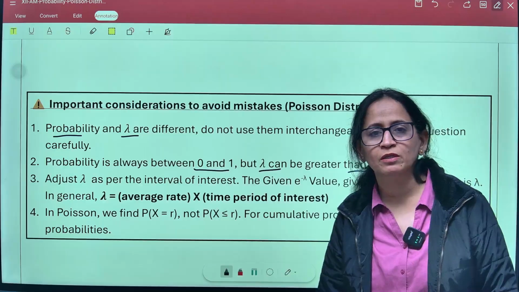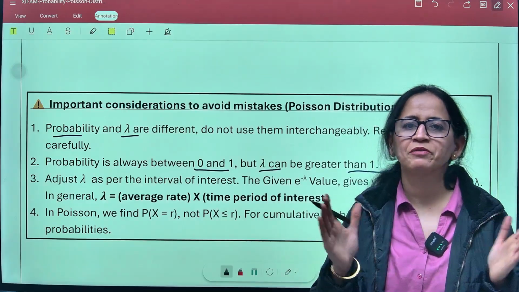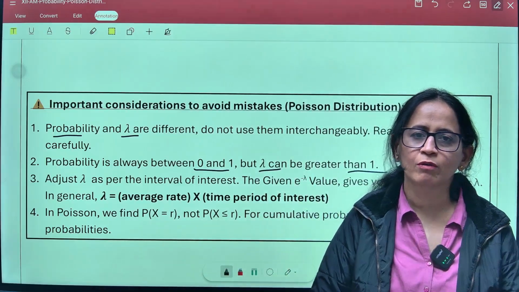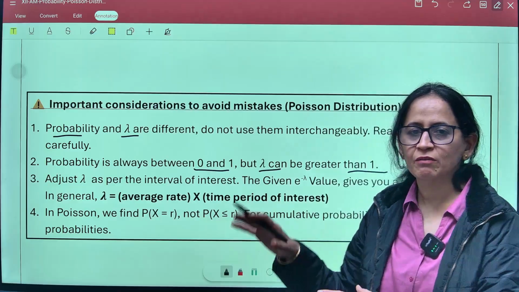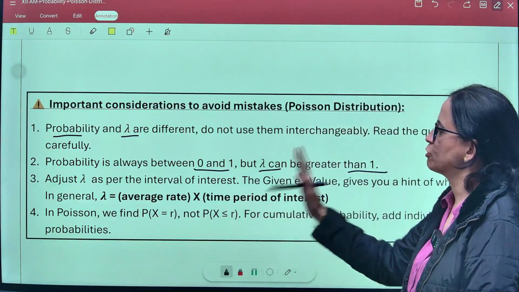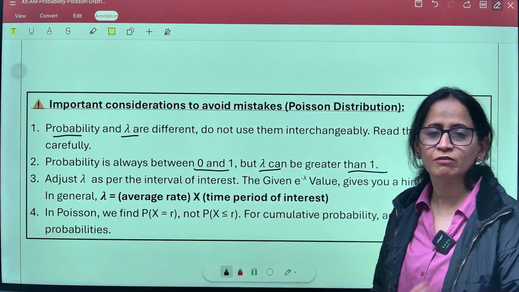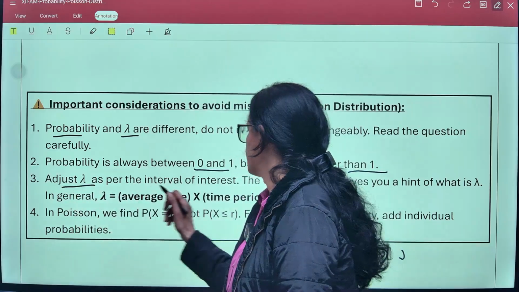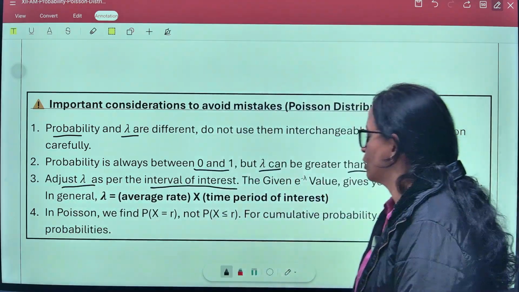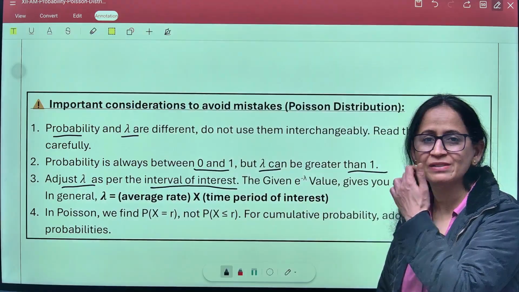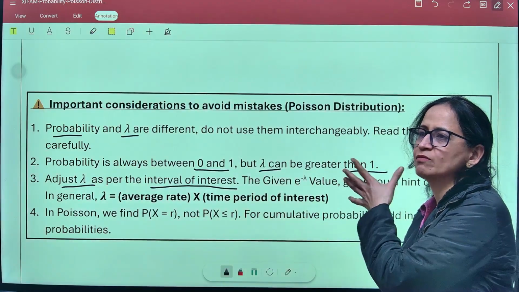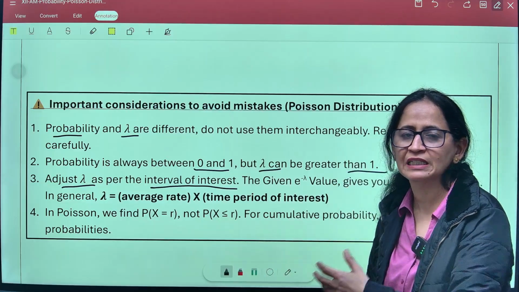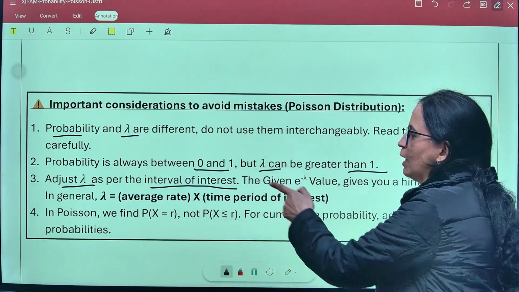As we have seen in so many questions, probability is always between 0 and 1, but lambda can have a value of 10 also, 2.4 also, 20 also. So, it can have a value of greater than 1. So, that also helps you to differentiate between the values of probability and lambda. Adjust lambda as per the interval of interest. As we have seen in so many examples, intended interval is very important. You multiply the rate at which some event is happening with the intended interval to get the value of lambda